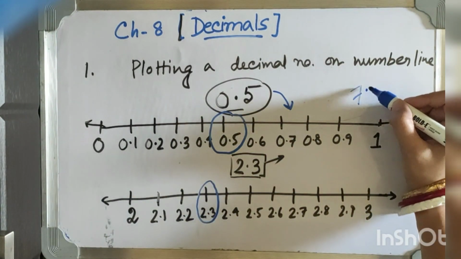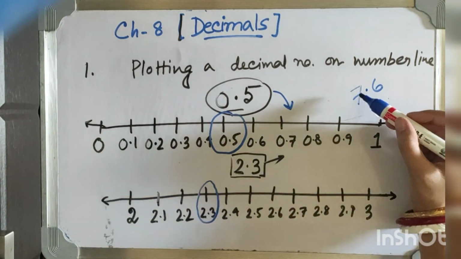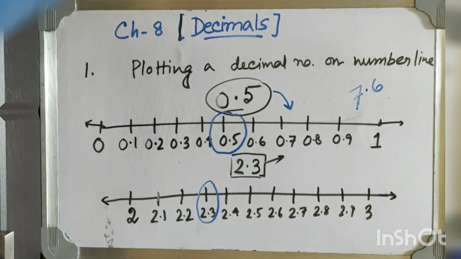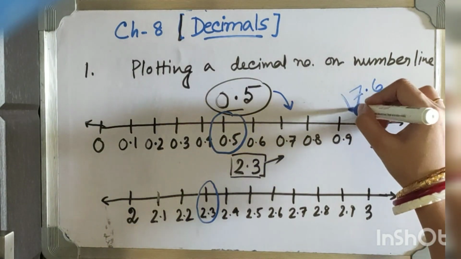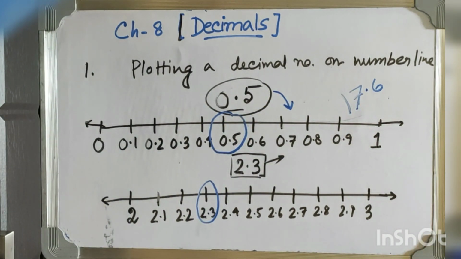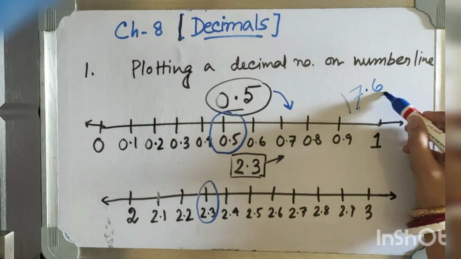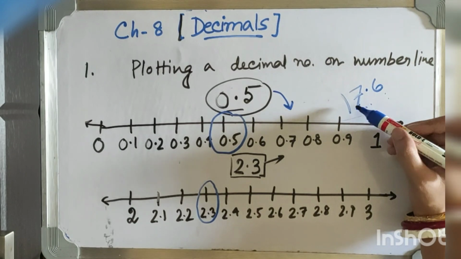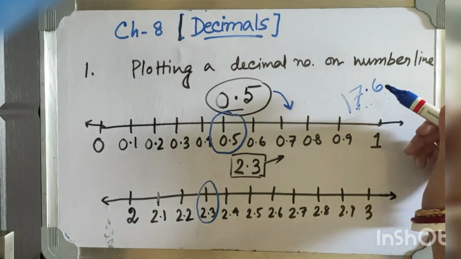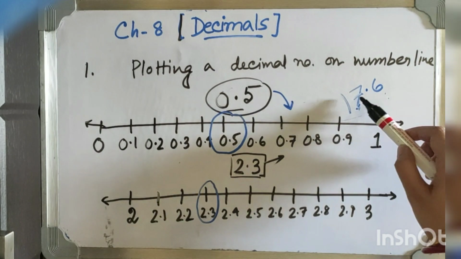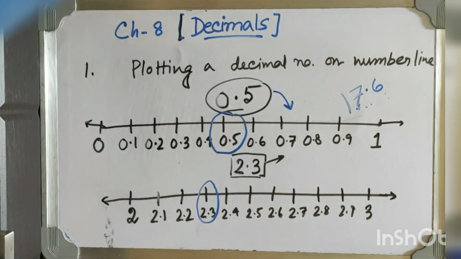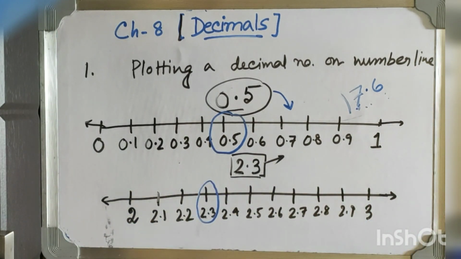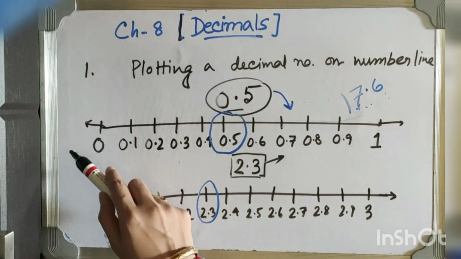If it is 7.6, then you can say that the decimal number is lying between 7 and 8, between these two integers. If we take 17.6, then also we can say that this 17.6, this decimal number is lying between two integers, and those are 17 and the next integer is 18. Okay, so in this way first we will check between which two integers this decimal number is lying, then we will draw this number line in this way. Okay, and the endpoints will be those two integers.